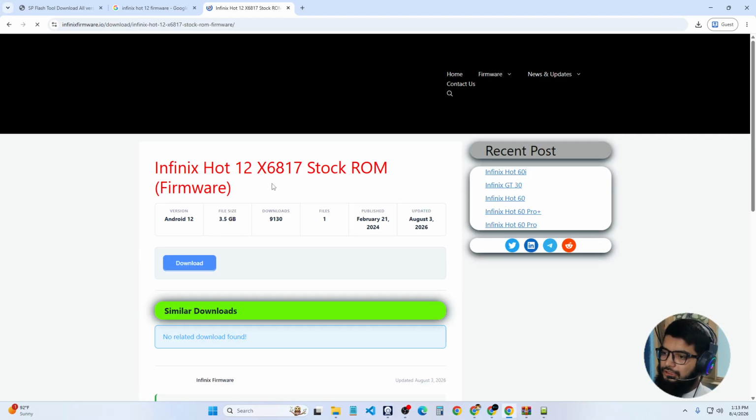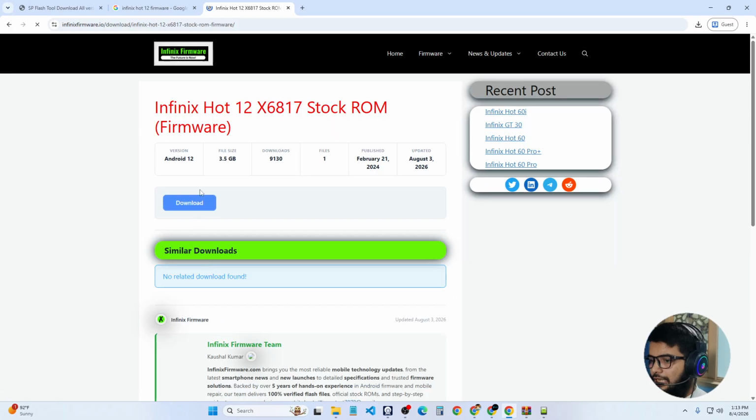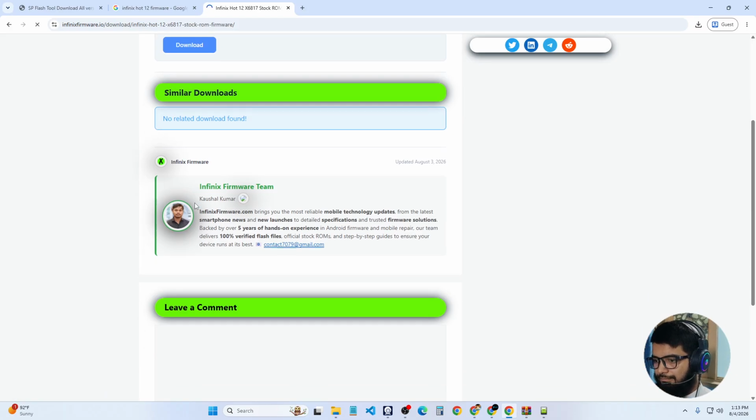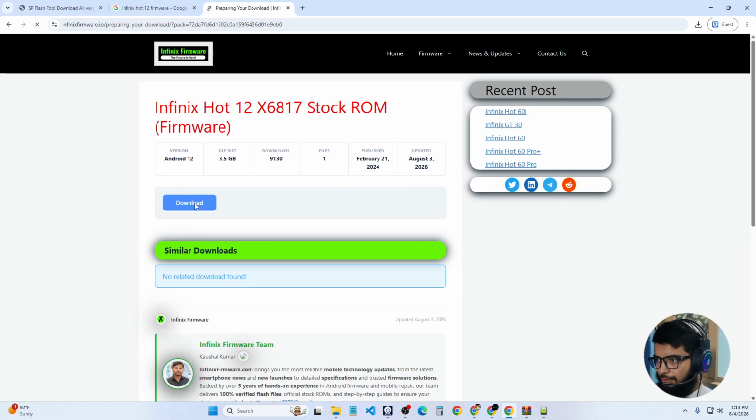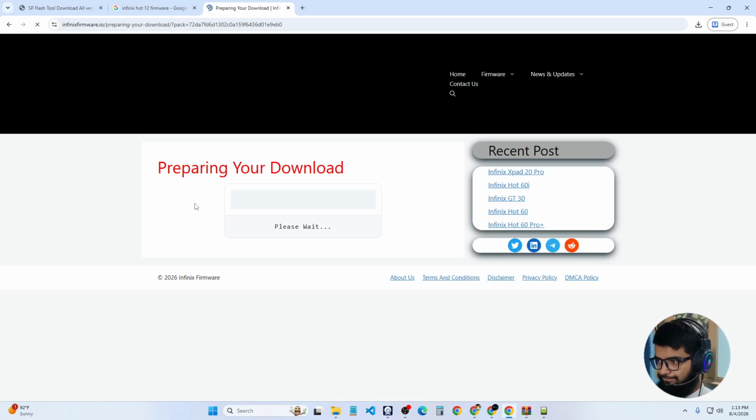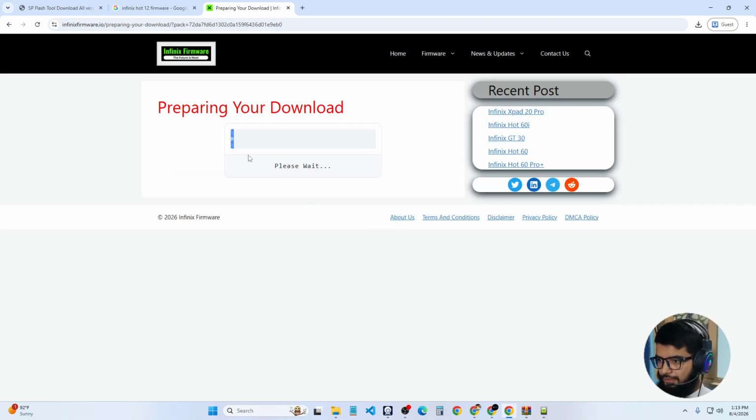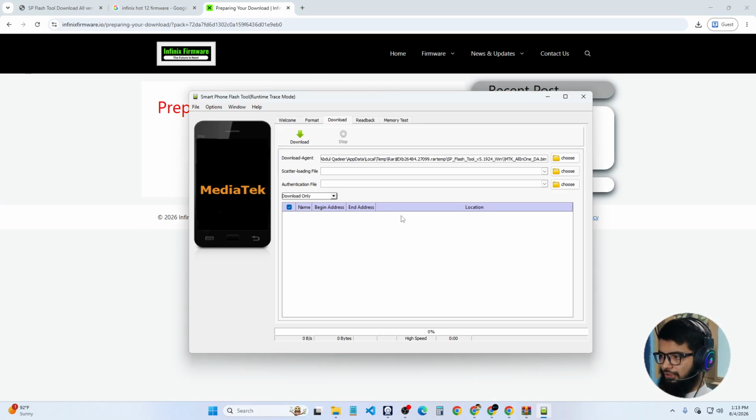File size is 3.5 GB. That's a lot of file. That is why I will just show you the guidelines step by step. You can do it yourself properly. Please wait while it prepares the file. Okay, SP Flash tool, you can see, and once the file is properly downloaded, you can choose the file here,